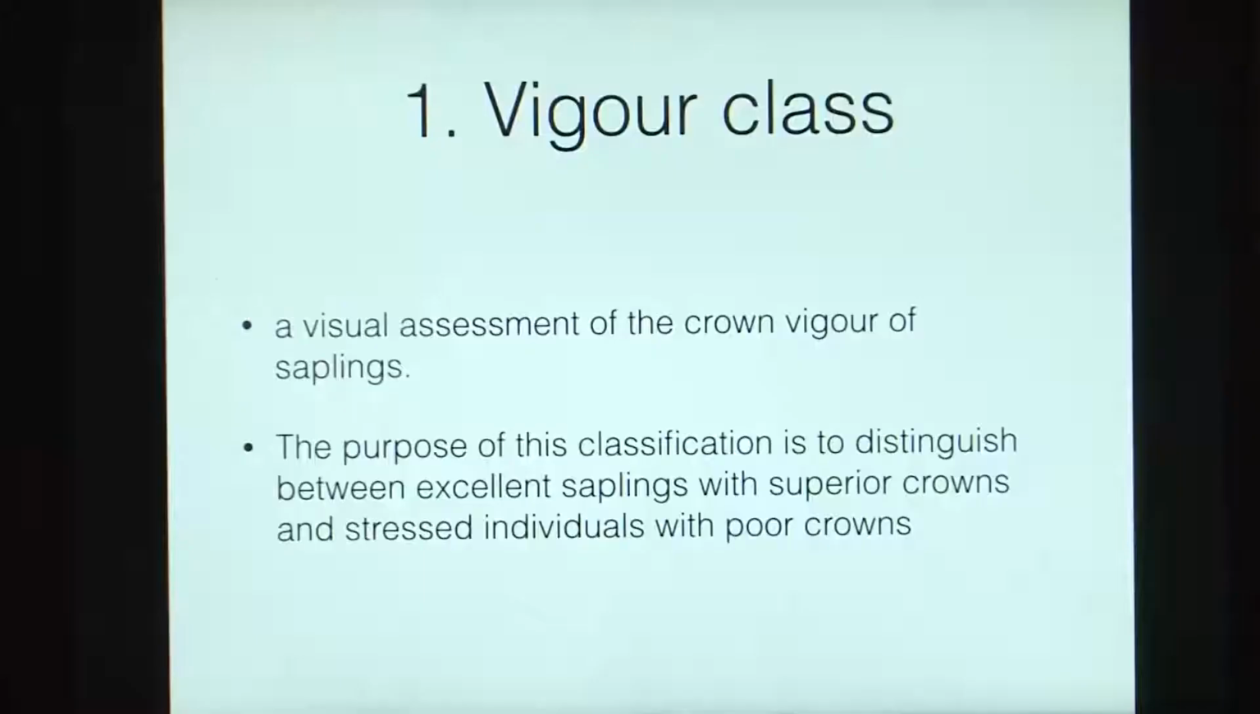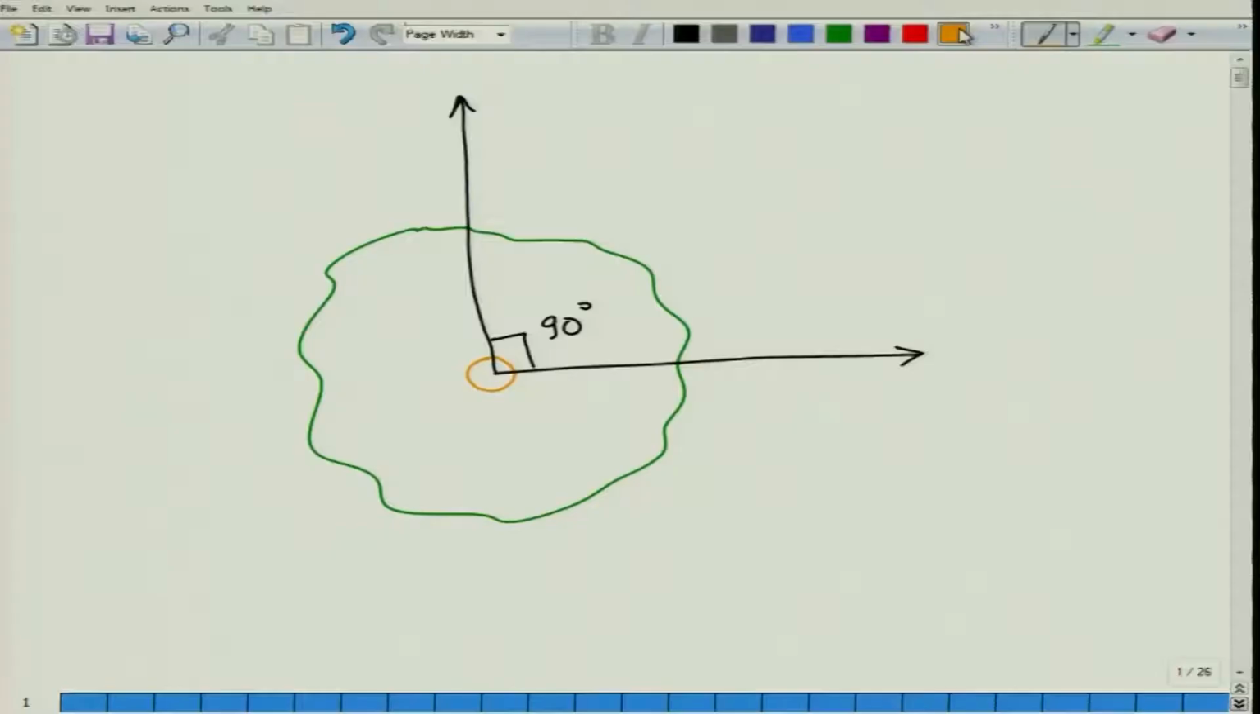So, vigor class is a visual assessment of the crown vigor of saplings. So, it is used for the case of saplings. This is not for whole trees, it is for the small plants, saplings. The purpose of this classification is to distinguish between excellent saplings with superior crowns and stressed individuals with poor crowns. As we discussed before, if a sapling has a good crown, then it will be called an excellent sapling. Why? Because consider a small plant and suppose it has a good crown. A good crown will tell us that it has abundant